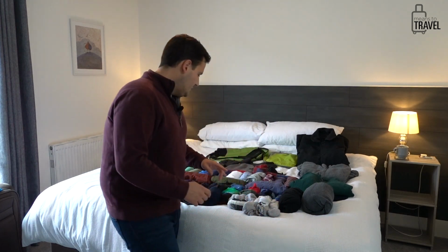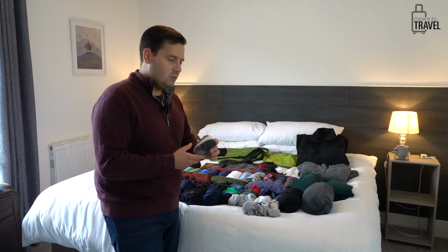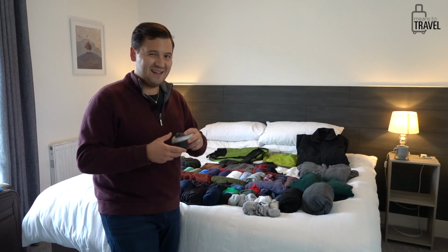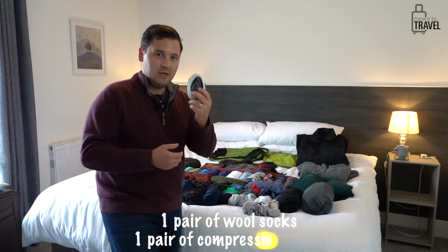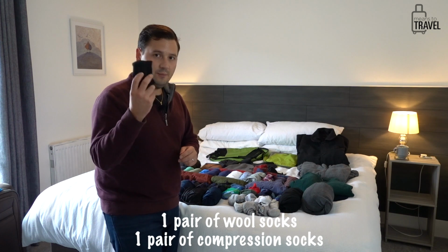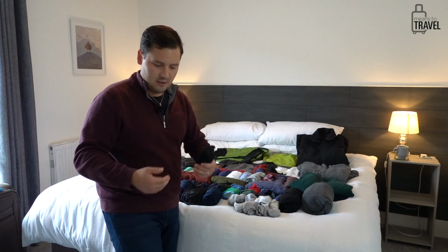And then I have 2 pairs of socks that I consider more like performance socks. So I have these merino wool socks that are great for hiking. Merino wool is supposed to be one of the best for all that kind of stuff, but I'm not going to get too much into that because I don't know much except for what I Googled. But yeah, merino socks, great for hiking, great for outdoor activity. If they get wet, they dry very quickly. And then lastly is compression socks, which typically I will wear on flights, especially long flights, to help keep circulation